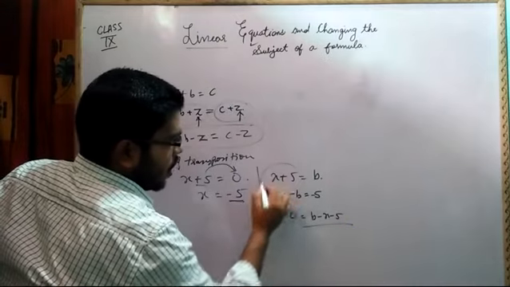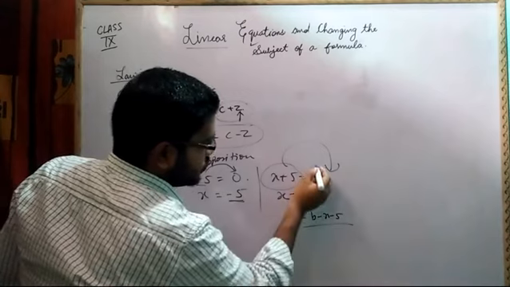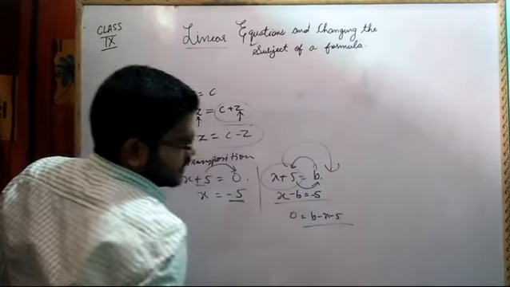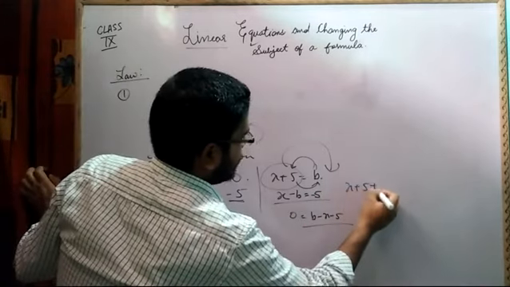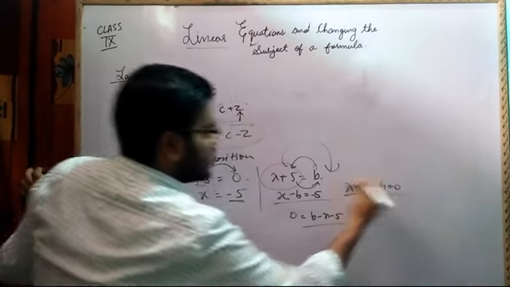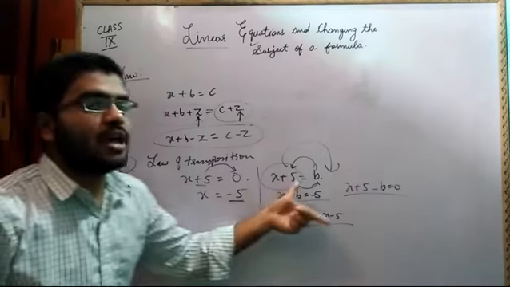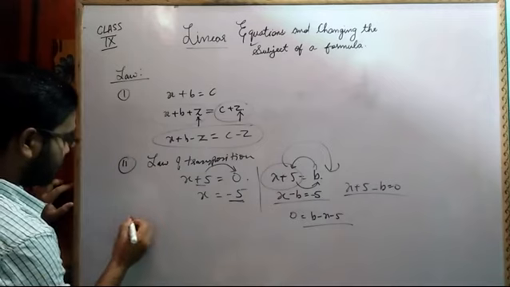I can transfer all the values towards this side, or I can bring just one value to this side, like in this case I have brought b to this side and transferred 5 to that side, or I can bring b also to this side, so x plus 5 minus b is equal to 0. So these are all called laws of transposition. All this we are doing with the help of the laws of transposition. Now the third is